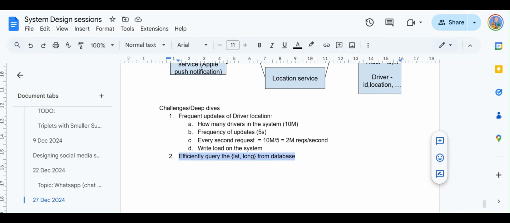But then the query part still remains slow, like how to efficiently query just the nearest latitude and longitude. And we don't want to query all the objects from the database. We just want to query, let's say, the top 10 records, which are the nearest ones. So given both of these things, the traditional database is of no choice. The traditional database is not a good design choice for the Uber system design, especially for the location part.